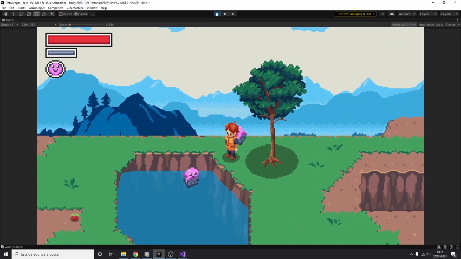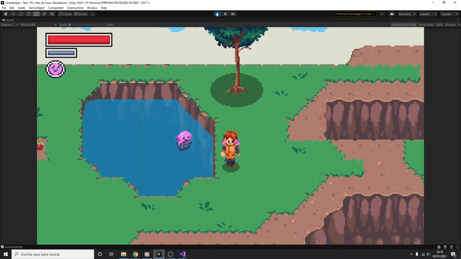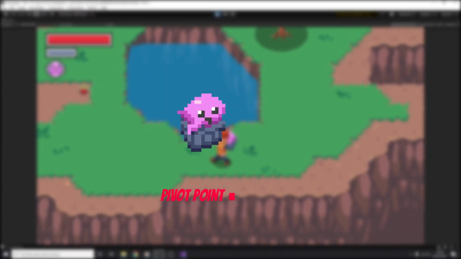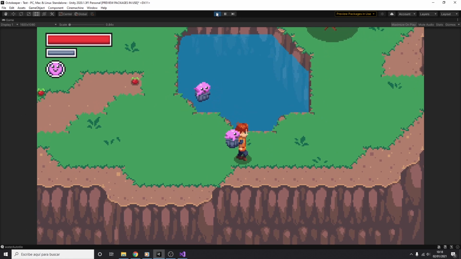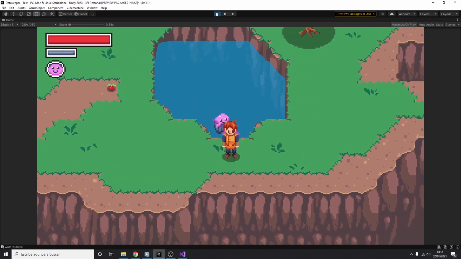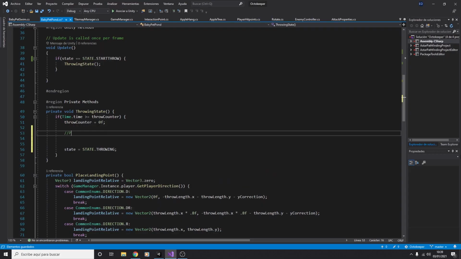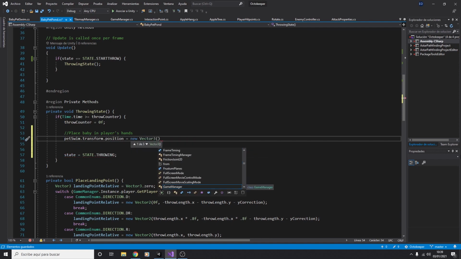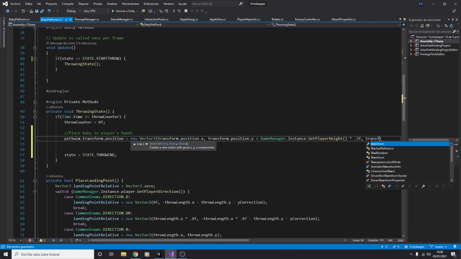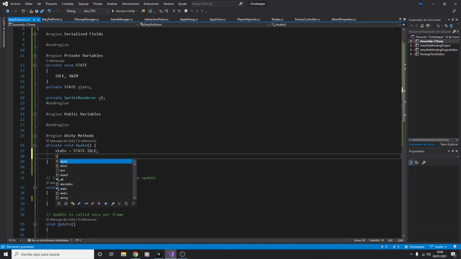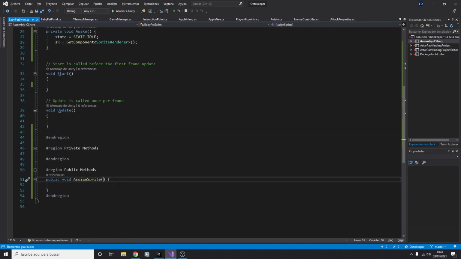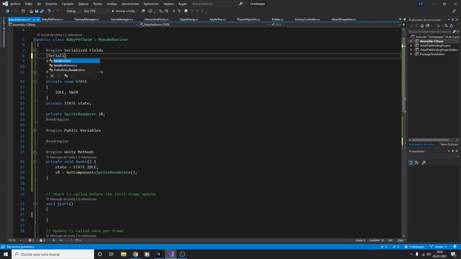The problem with this is that the baby octopus sprite has a different pivot point, so it can be placed in the player's backpack. The object that will swim in the water will not be the pet in the backpack, but a new one with a pivot point in the center. For this new object I created a new component. It will handle the swimming logic and the throw movement. The idea is to let the baby octopus swim freely, but if the player leaves its side, it will start to get nervous.